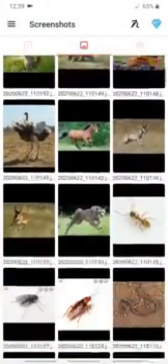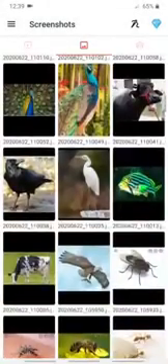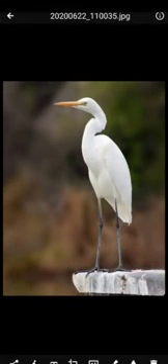We are of different colors. Means children, in this environment, these animals which we find, they are of different colors. Some are white, some are black, and some are colorful. Now let us see, then we will read. See children, this is a bird called egret. This egret is white in color.